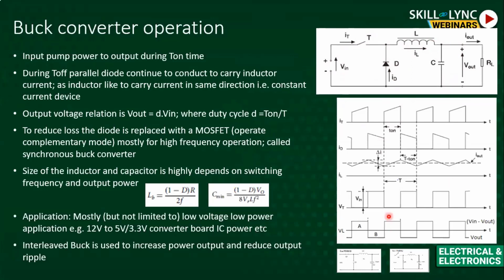And if you see the diode, in the first graph is the transistor current, which then goes to zero, and then the current is taken over by the diode, and it comes to zero, and this continues like that. And the inductor current is like this. And if you see the switch voltage, when it is turned on, the voltage across the switch is zero.